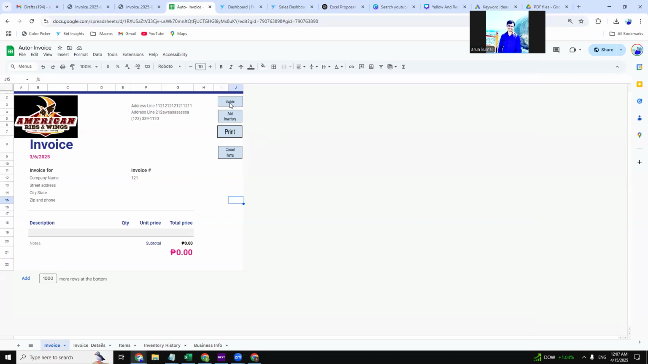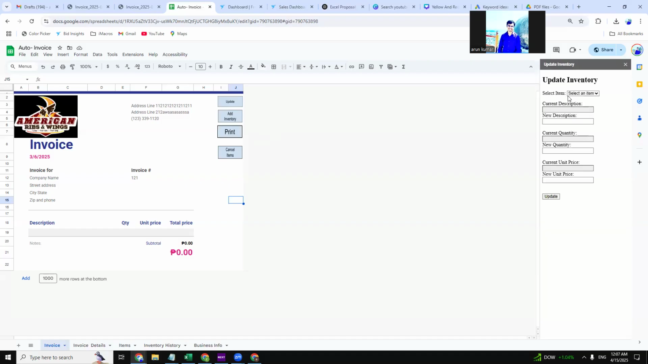So I have an option of the update button. I just click on this button, and this form is automatically populated. Now what it's saying is select items. I have a lot of items here. Let's say I created test item 1, and I want to edit this to